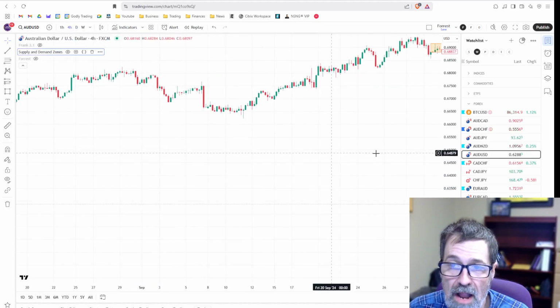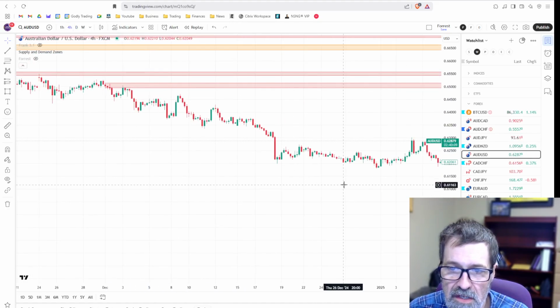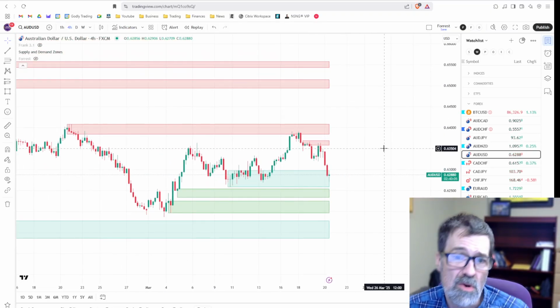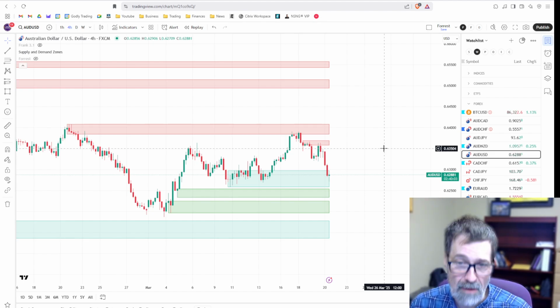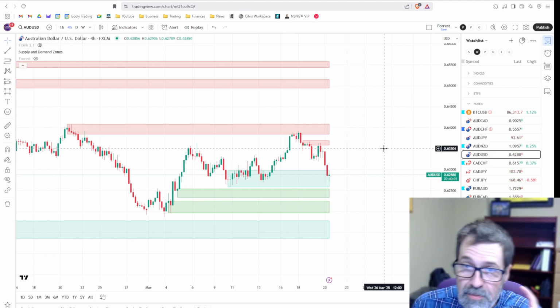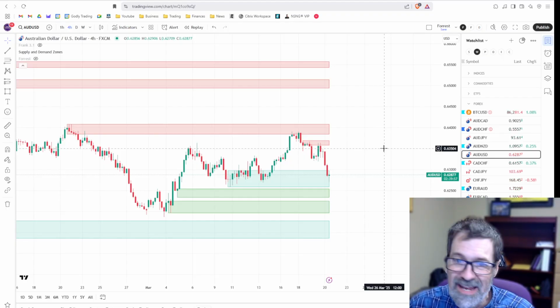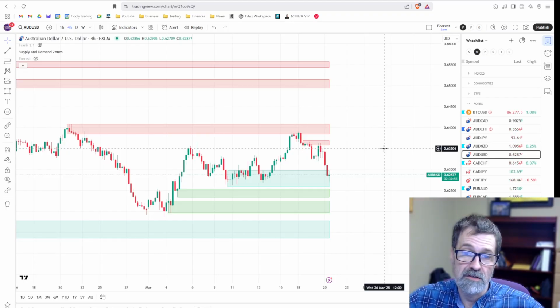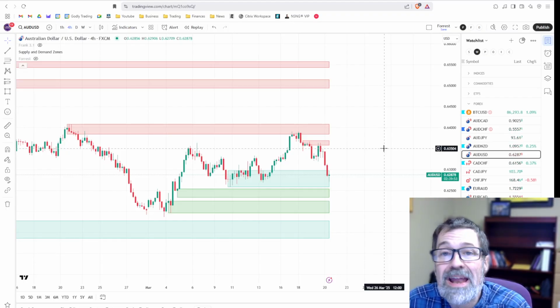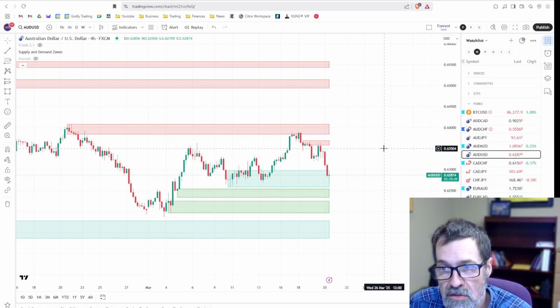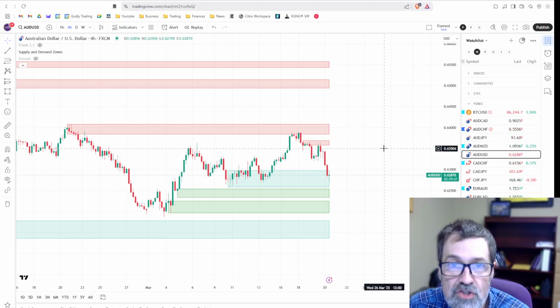And on the 4-hour, I'm absolutely not going short. All right, if I had to do anything on the 4-hour, right now is a perfect time from a supply and demand standpoint, from a range trading standpoint. Right now is a perfect time to go short. You got a 2-to-1 setup that's sitting here perfect. All it's waiting on is for the driving force behind price action to switch from bears to bulls.